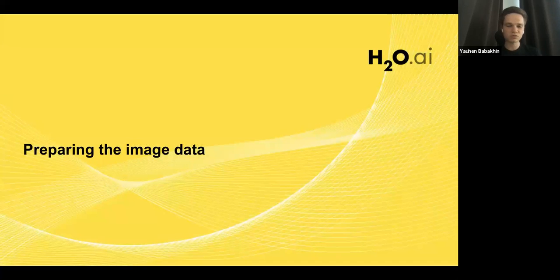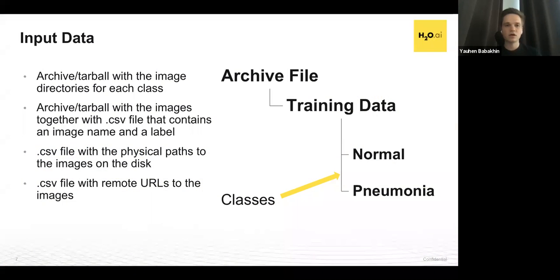All right, now let's move on to how we can upload the data set to Driverless AI. We have lots of different opportunities for uploading images. The first approach, and probably the easiest one, is to create a single archive file with the images inside. Afterwards, you could upload this zip archive directly to Driverless, and it will infer that there are images inside and create a data set